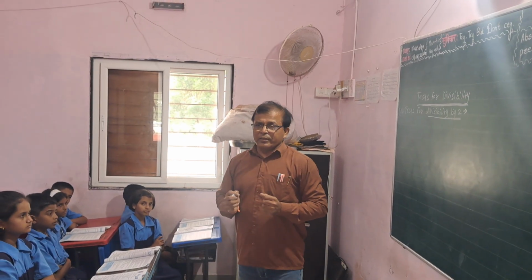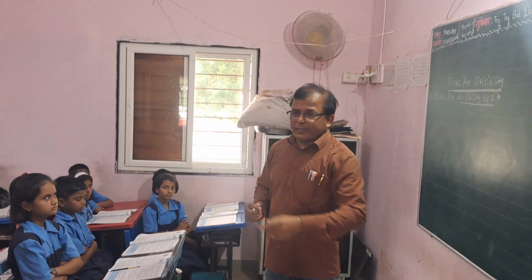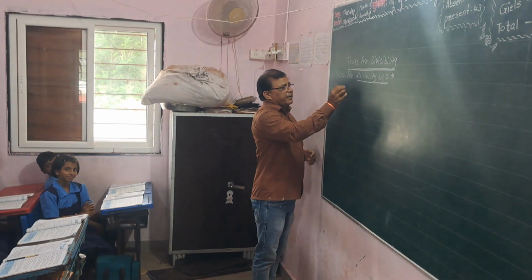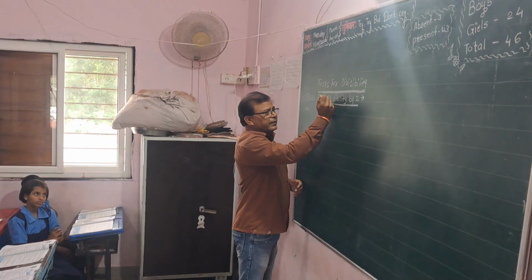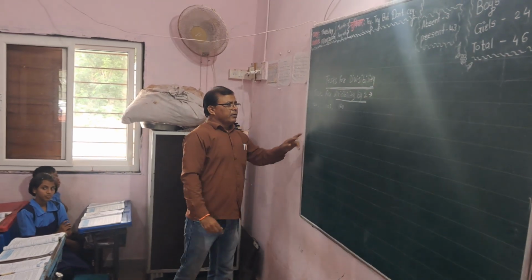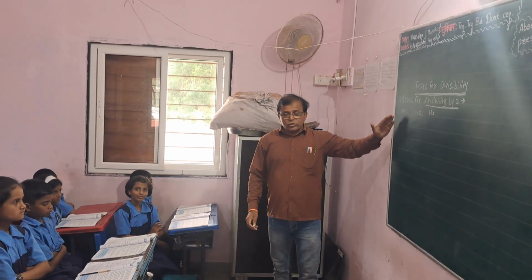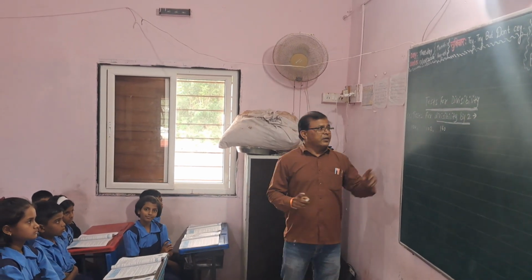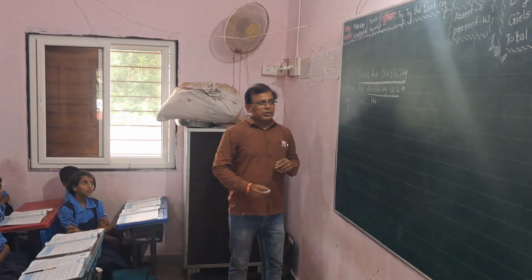Then who can tell me some examples of test for divisibility by 2? Yes, Nitya, stand up. 100, 102 and 160. Very good. Here is 100. In this test, look only at the unit place digit. In this first number, which is the unit place digit? 0. Very good. 0 is the unit place digit.